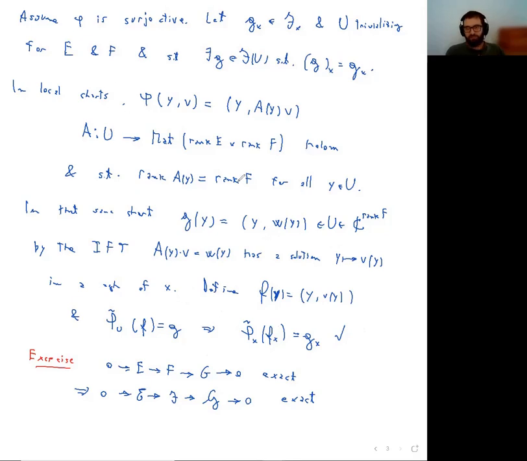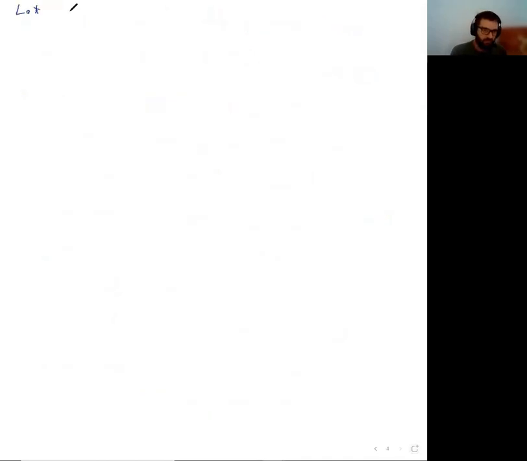So this is one direction. So we have sections of a bundle, and sections of a bundle are a sheaf, and all the morphisms between the vector bundles translate to morphisms of sheaves in a good way, in the sense that they respect, for instance, exact sequences. So in particular, as we saw, injectiveness and surjectiveness. So let us look at the inverse situation.